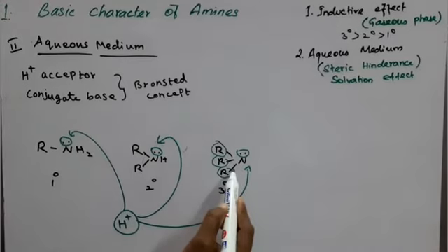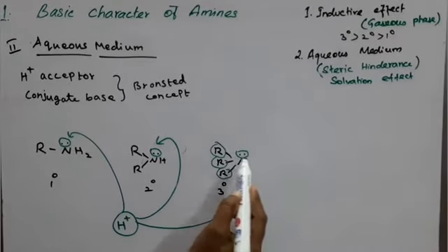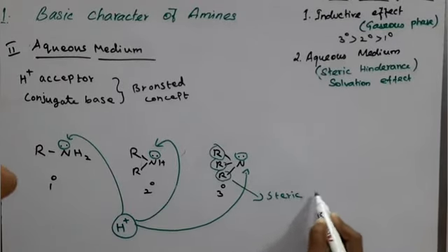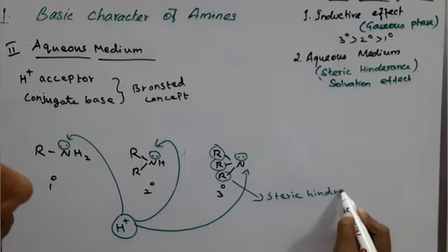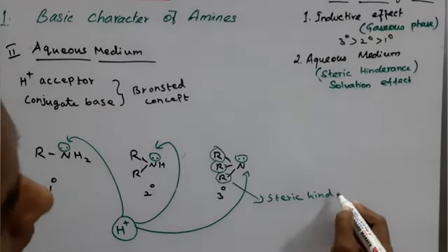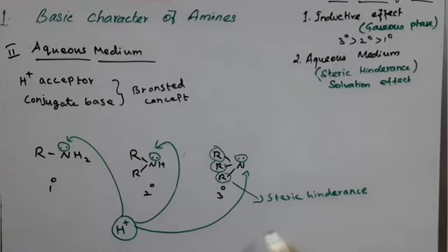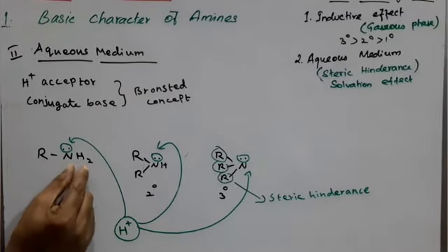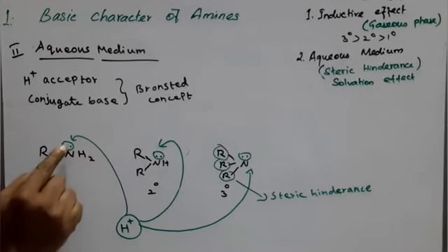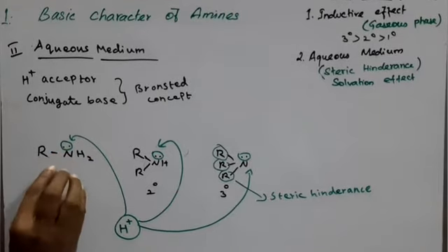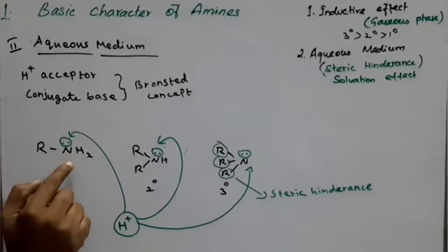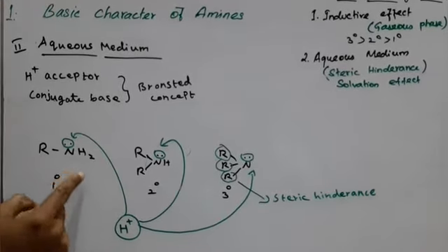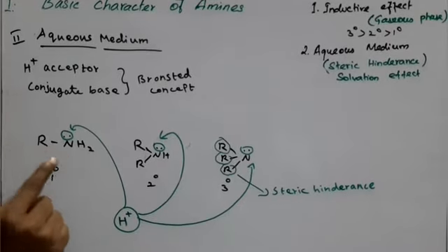Why is this so? It is because of the absence of hydrogen atom and also steric hindrance. We can observe steric hindrance. Away from the H plus proton, easily here the number of hydrogen atoms is 2 and the H plus proton is easily accepted to form the highly substituted ammonium ion. Okay, the greater the substituted ammonium ion, the stronger would be the base.